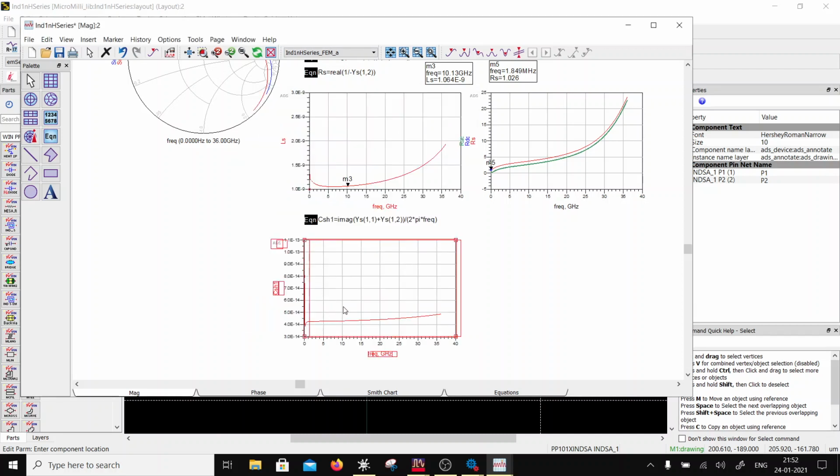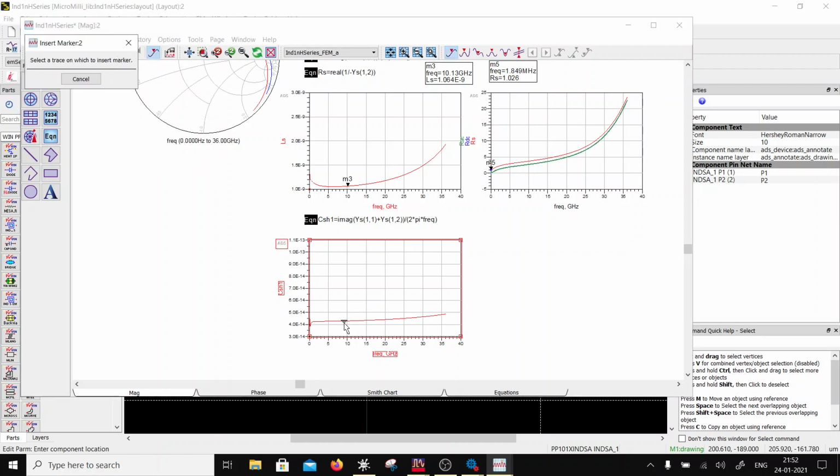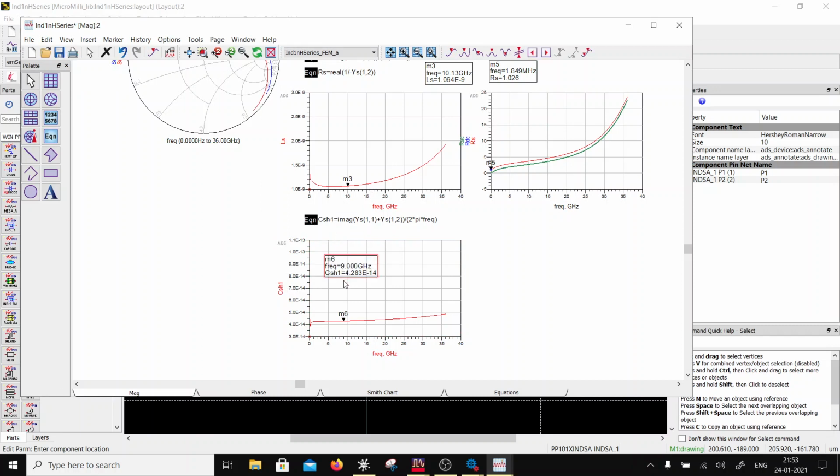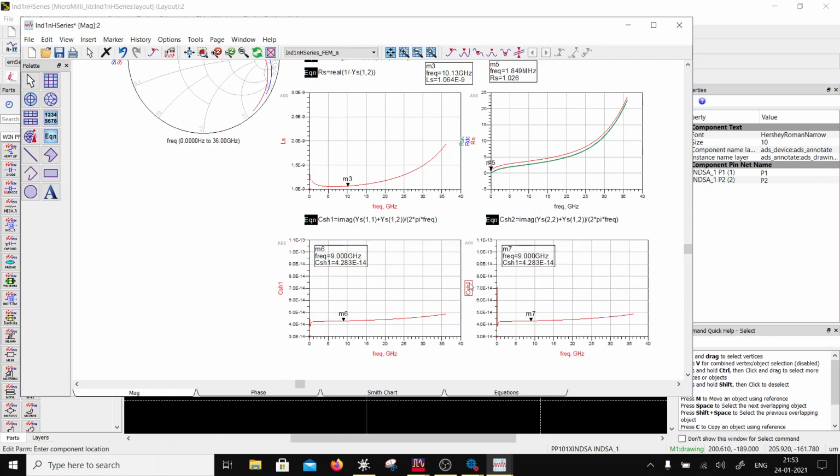Okay, so now here I'm going to look at a typical number, marker new, and here I'm looking at 42 femtohenry, right? This is 42 femtohenry. Similarly I will have CSH2, control C, control V. So CSH2 will be YS2,2, right? And I will repeat this over here as the graph, and here I'm going to change this to